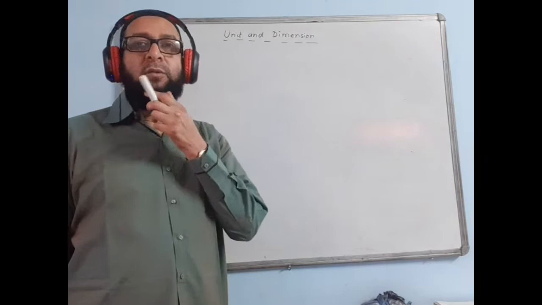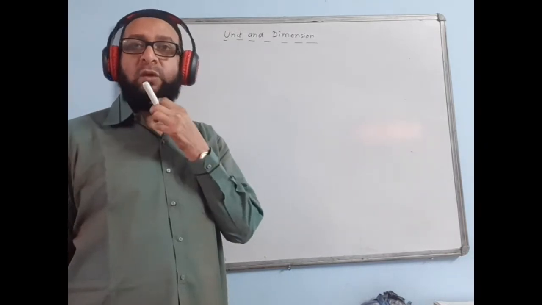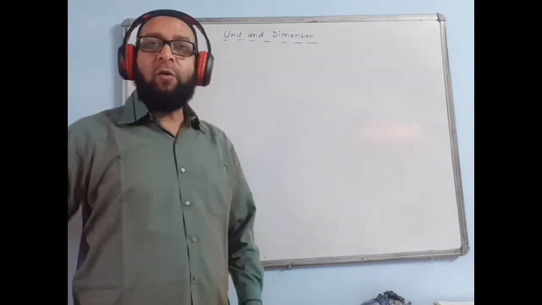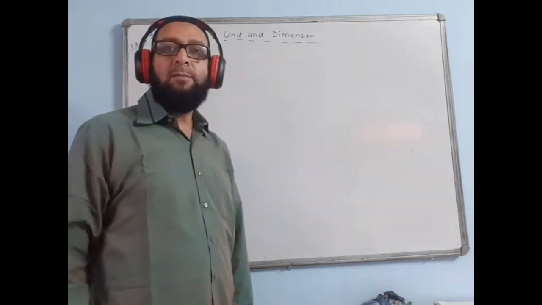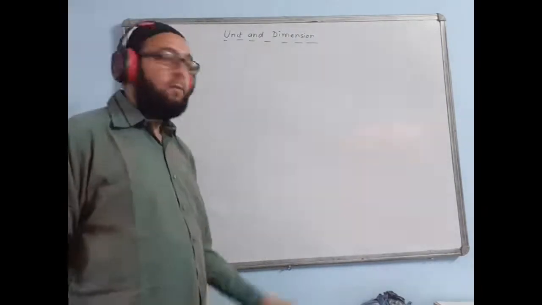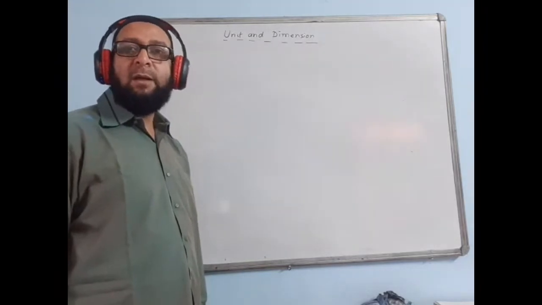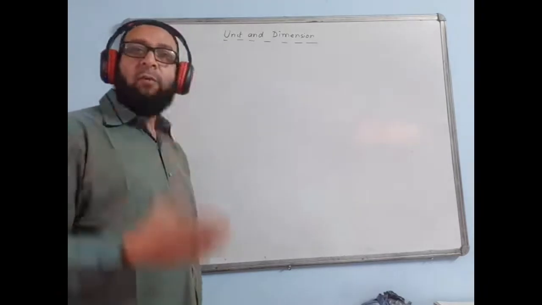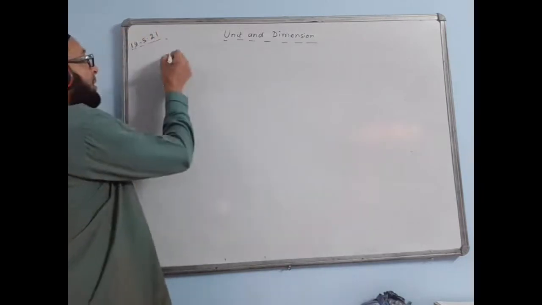In the previous class I taught you how to find a formula with the given clues. When the clues are given, we can always find an expression or formula by equating the power of both the sides, and we can find the value of powers A, B, C, or alpha, beta, gamma, whatever way. I'll give you some questions of that type later on for homework. But now we are doing application number 3 of dimension.